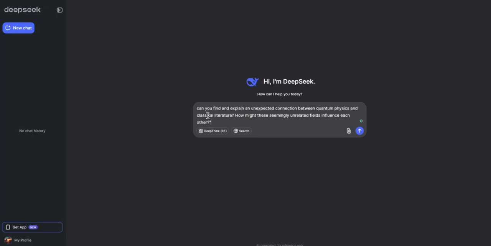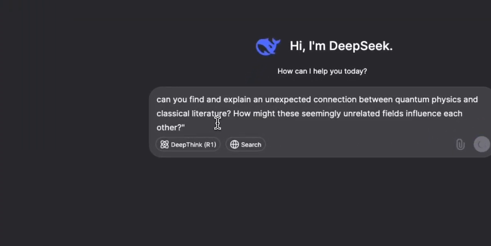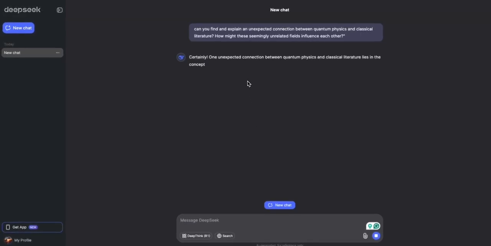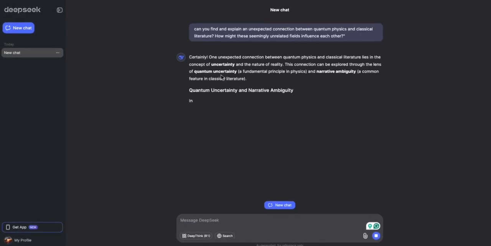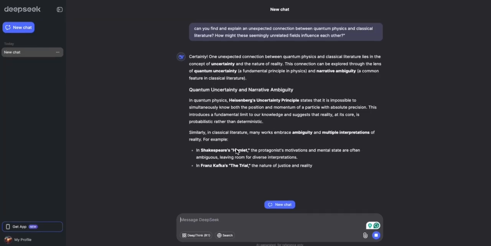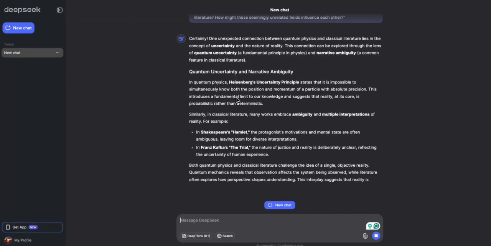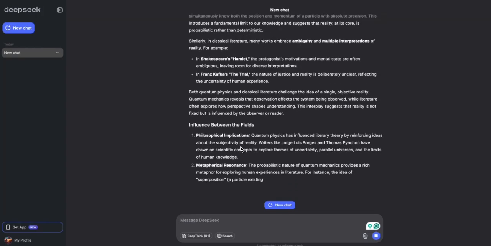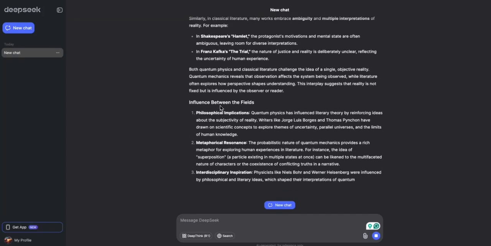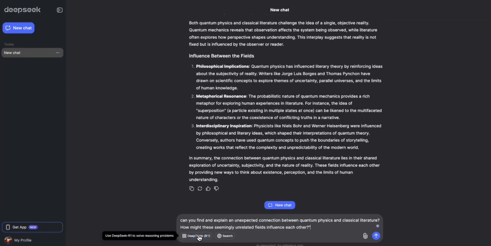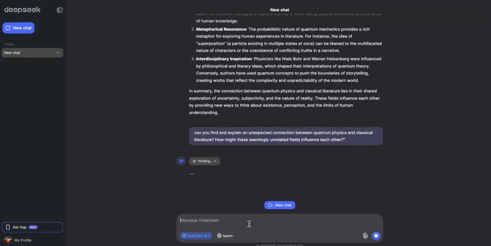Say quantum physics and classical literature. Let's see what the model comes up with. So this is what it comes up with without DeepThink, and it just sort of writes something. Okay. Now, while it's still doing that, we would use the DeepThink just to see the difference